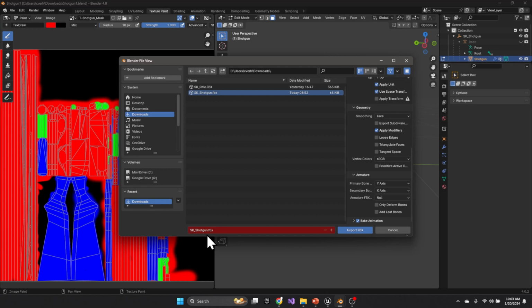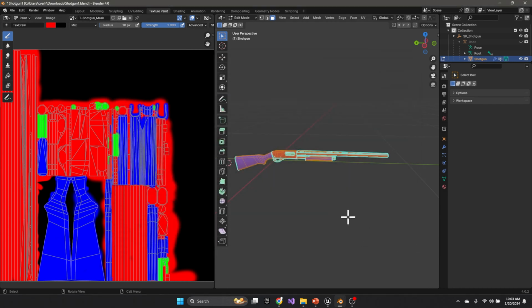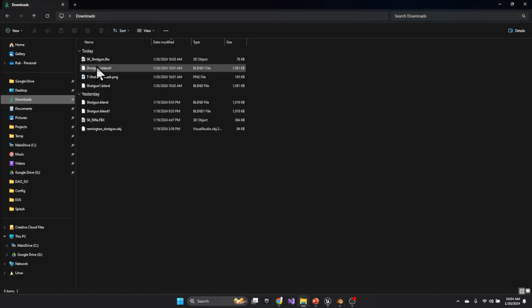So at this point, I have a skeletal mesh. It's got our armature or our bones. It's got our smoothing group, and I'm going to go ahead and export that. Great. So now we're going to go grab that out of our download folder,